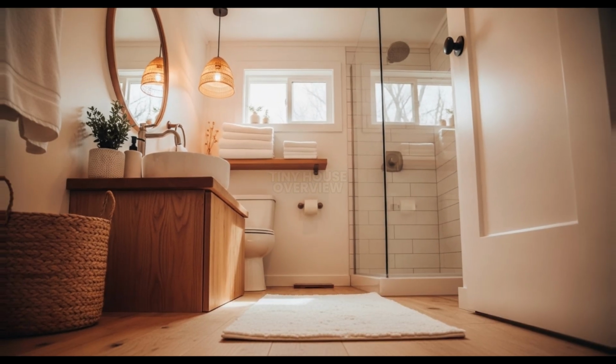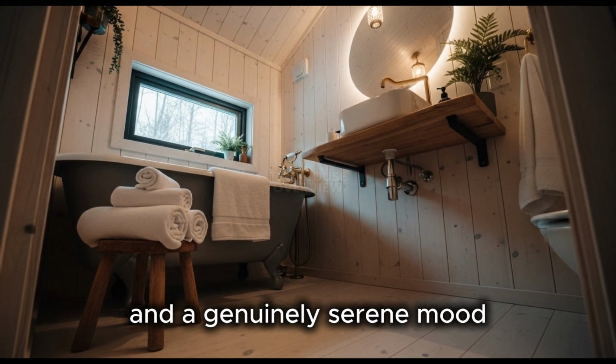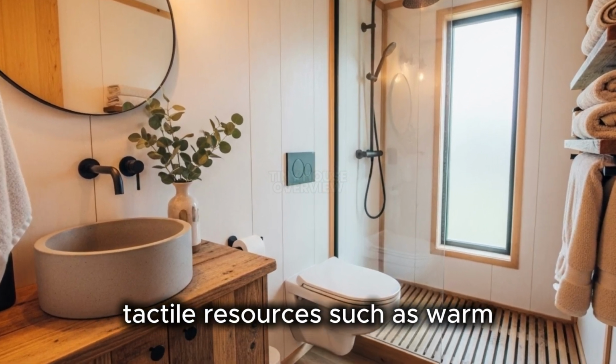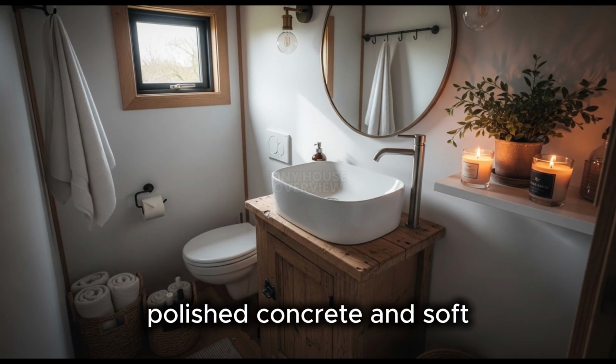interior limits. Designers achieve both elegance and a genuinely serene mood by meticulously choosing and combining organic, tactile resources, such as warm, pale-toned birchwood, cool, textural polished concrete, and soft,